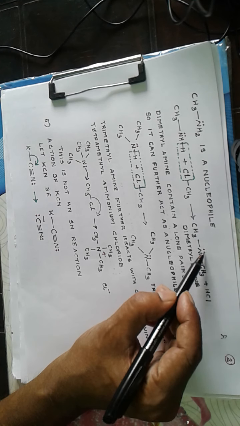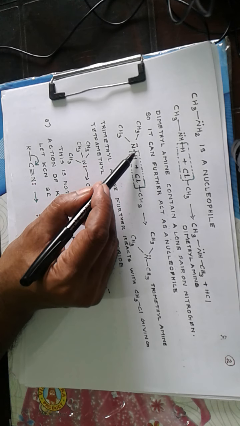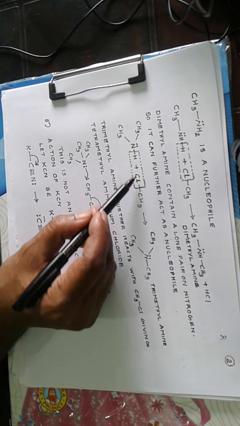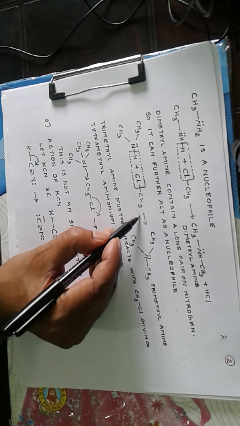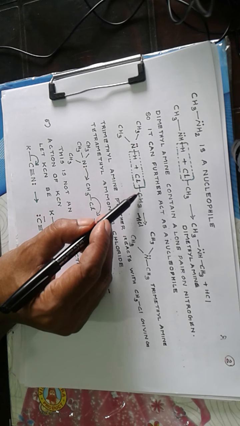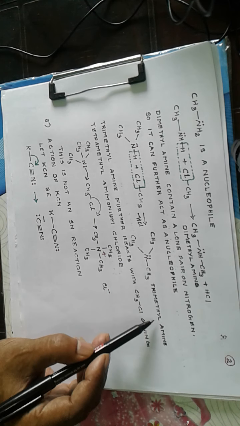Still it contains a lone pair on nitrogen, so if there is excess CH3Cl, then a further nucleophilic reaction can occur, and there the NH bond breaks into H with a valency, and Cl with its valency will unite with H, producing HCl. So minus HCl we can say. The nitrogen with its free valency will combine with the methyl with its valency, producing an N-CH3 bond, and there are 3 methyl groups, hence it is called trimethylamine.